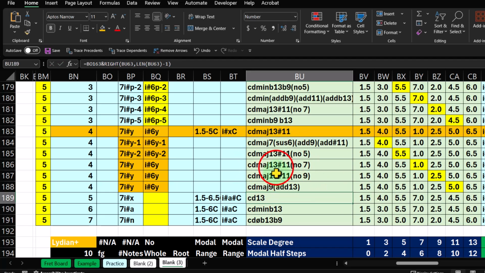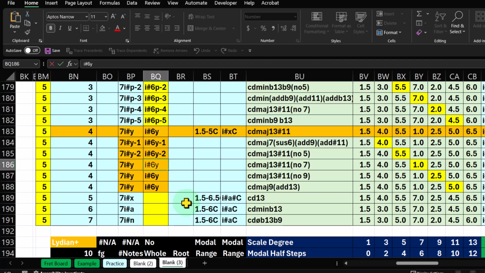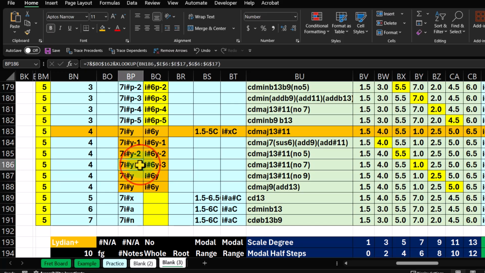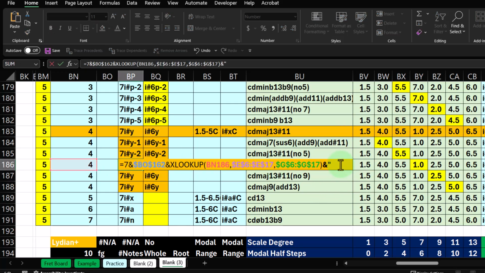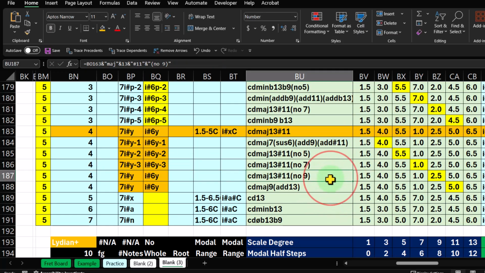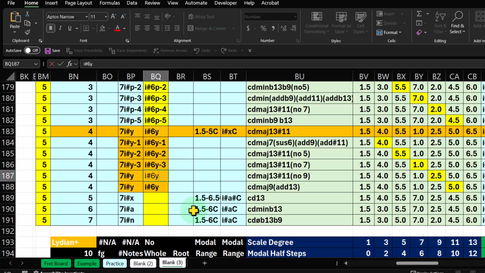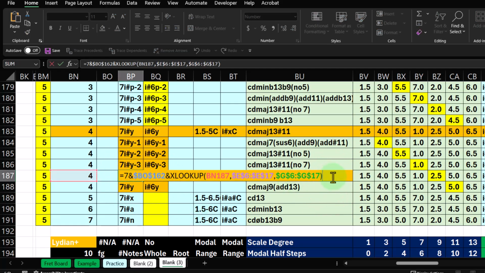So now we've got, this one would be a C sharp, D flat, major 13, sharp 11 with a no 7. It would be better to say it's an Ionian sharp 6 modal whole step with a Lydian shape, drop the one that's 3 modal whole steps up, which I can mirror over here and quotes, -3, end quotes. This one would be C sharp or D flat, major 13, sharp 11 with a no 9. Would be easier to say it's an Ionian sharp 6 modal whole step up, subtract or remove the one that's 3 modal whole steps up, which would be 8 modal half steps, which would be the 9th scale degree. So I'm going to say, and this would be -4,